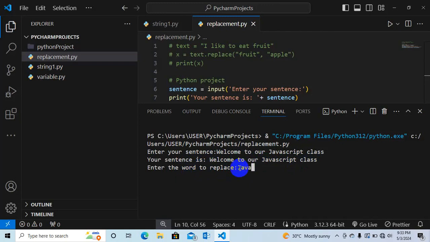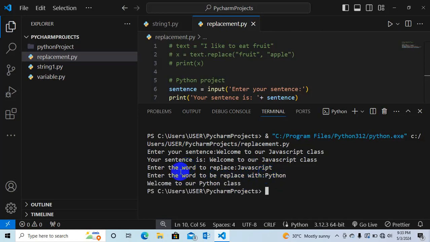Then they say, enter the word to be replaced with. Which one do I want to replace it with? Python. Welcome to our Python class. You see, JavaScript has been replaced with the word Python.